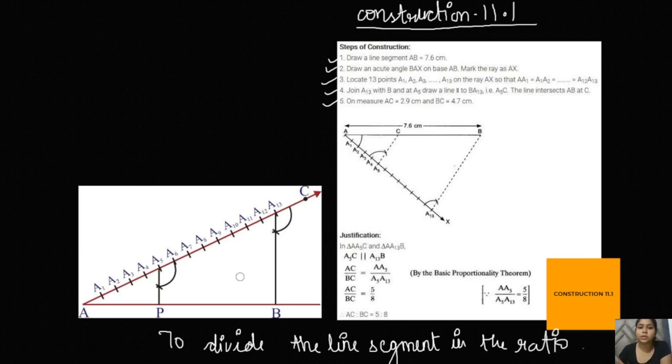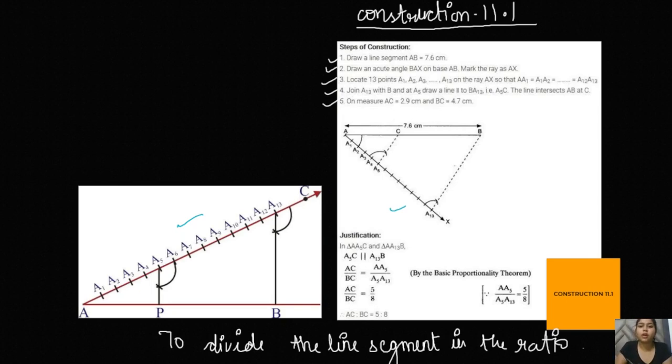These are basically two figures which are both the same. For a better view, I have used another picture here so that you can view it better and draw it better. In construction, the more precise your construction, the more accurate it is, the better your diagram will be. So you just have to take care of your scale and everything. Let's have a look at these steps of construction.